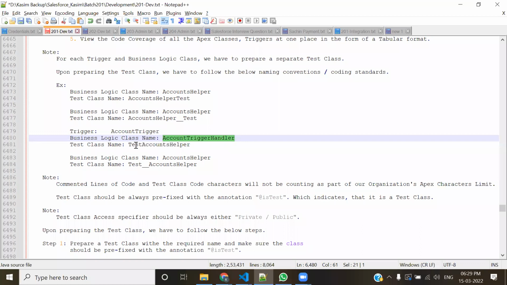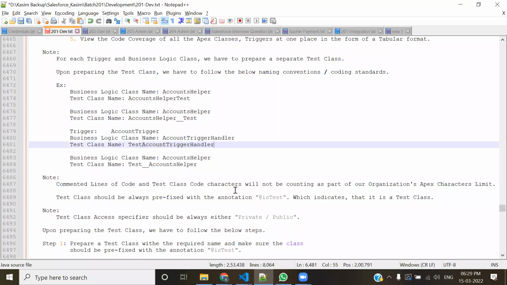उसी की टेस्ट क्लास का नाम रखता हूं मैं, टेस्ट अकाउंट ट्रिगर हैंड। तो दिस इज माय कन्वेंशन, यू कुड फॉलो एनीथिंग फ्रॉम हियर। ये यूजुअली मैं ऐसा करता हूँ। तो जनरली इस तरह से मैं ट्रिगर ऐसा लिखता हूँ, उसकी हेल्पर क्लास ऐसा लिखता हूँ, हैंडलर क्लास ऐसा लिखता हूँ, एंड देन उसकी टेस्ट क्लास ऐसा लिखता हूँ। तो इसको अगर आप ऐसा चाहें तो ऐसा भी कर सकते हो। तो आखिरी में टेस्ट दे दो, तो जब आप इसको लिस्टिंग में देखते हो तो ये तीनों इकट्ठे